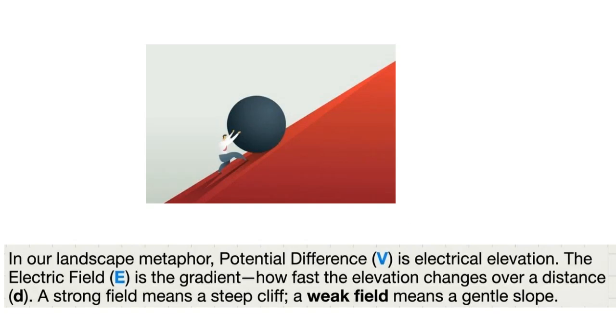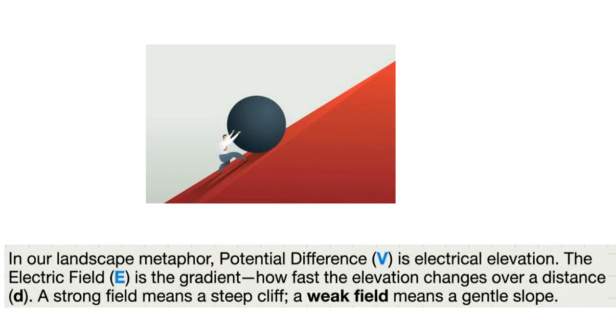Let's consider the idea of potential difference as if it were an electrical elevation on a landscape. Imagine you're looking at a hill. The potential difference, marked as V, is like the height of that hill. The electric field, labeled as E, represents how quickly the height changes as you move along the hill, or the